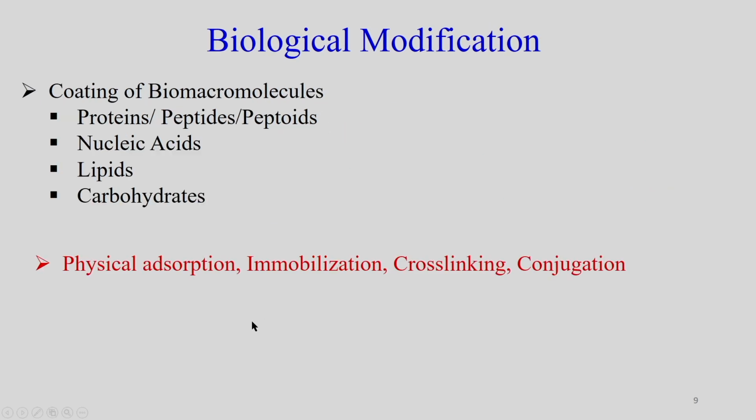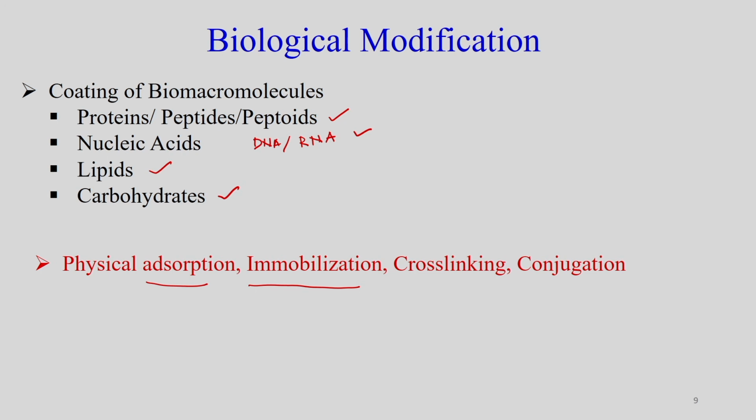In case of biological modification, we have to coat biological macromolecules, which include proteins, peptides or peptoids, nucleic acids, DNA or RNA, lipid molecules or carbohydrates. For applying the biological macromolecules, we can go for physical adsorption, or we can immobilize them using some immobilization methods like